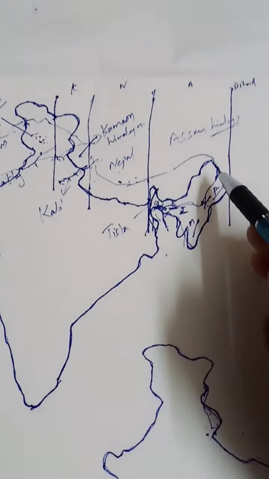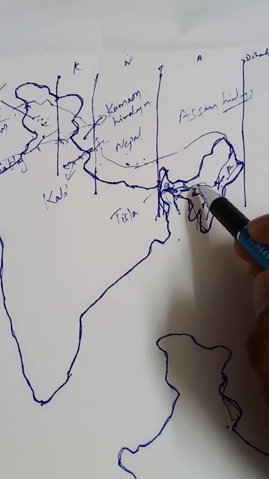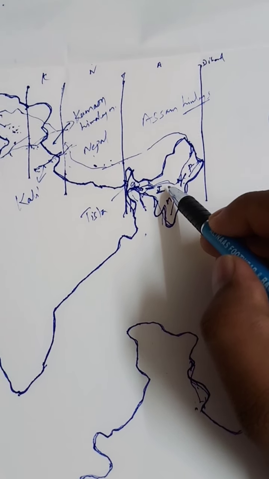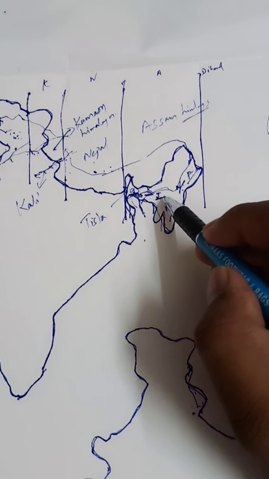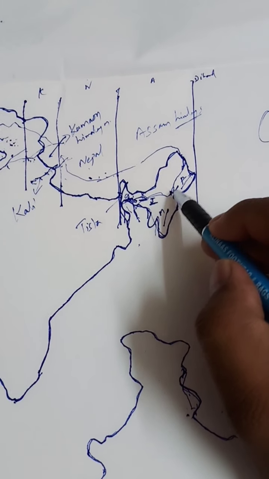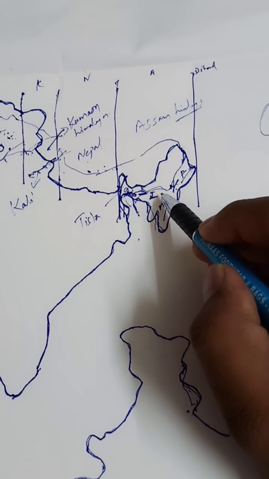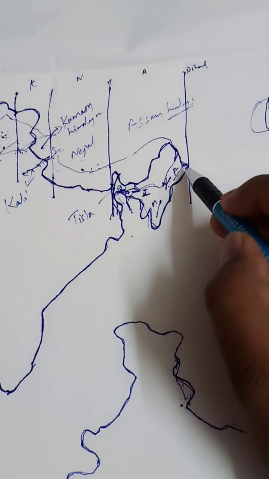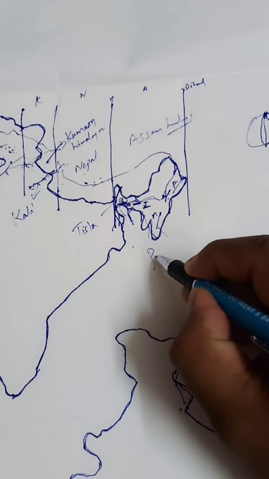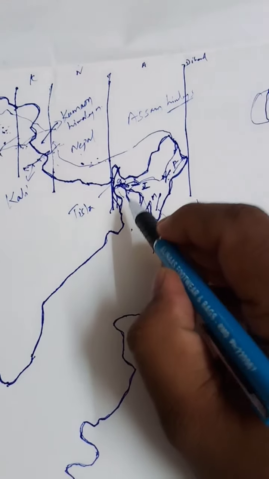Now when this Brahmaputra river flows towards this eastern part, it brings a lot of deposits due to its very fast movement. So it creates a lot of valleys. So there are a lot of hills and mountains in this region which are carved out of this river movement. So these mountains or hills in this region are called Purvanchal. What do we call it? Purvanchal. Let me name some of the Purvanchal hills.